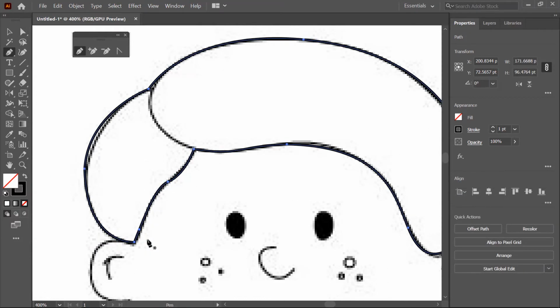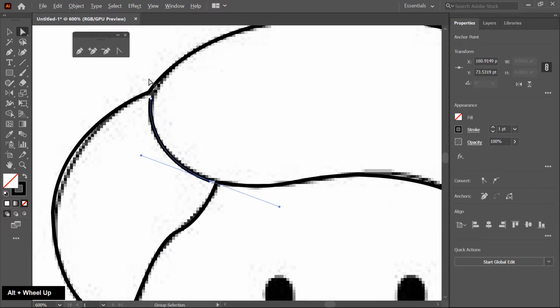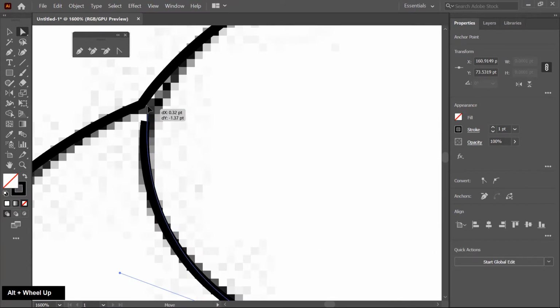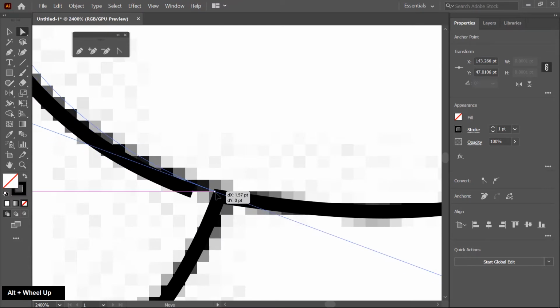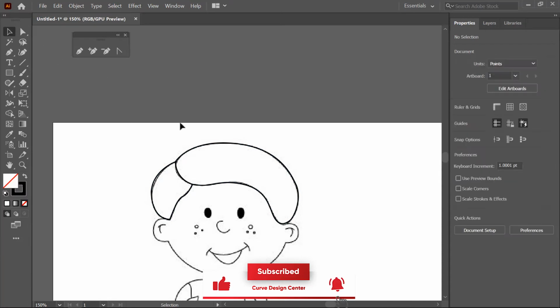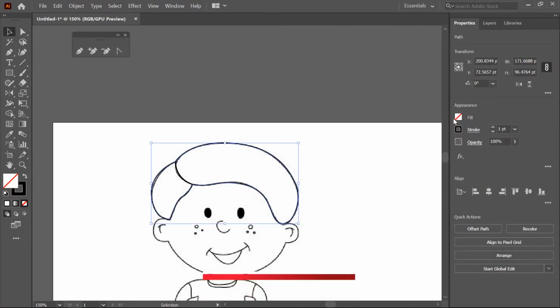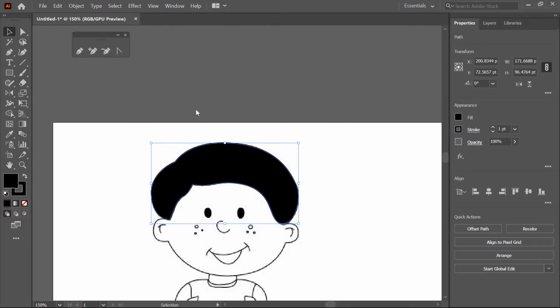like this. Now I draw this line, so I click here and then click and drag. Now press the escape key and then choose the direct selection tool and then place this point on this line. Now I fill color in this shape, so I choose the selection tool and then select this shape and then click on the fill and choose black color here. Now I select this line and fill a gray color in stroke.